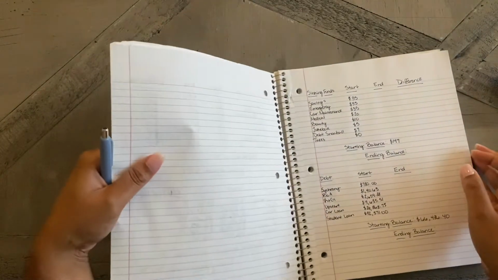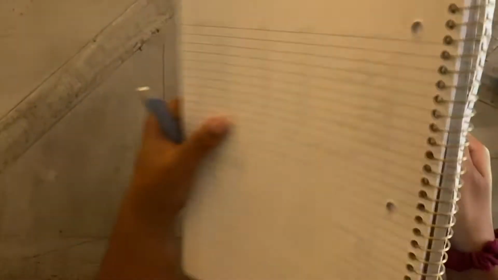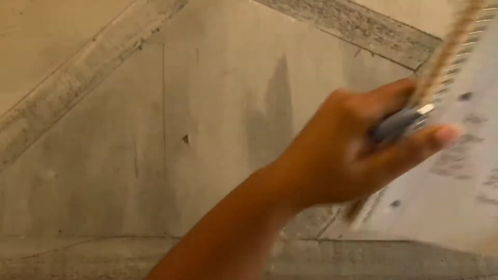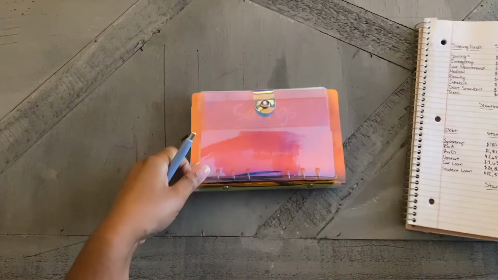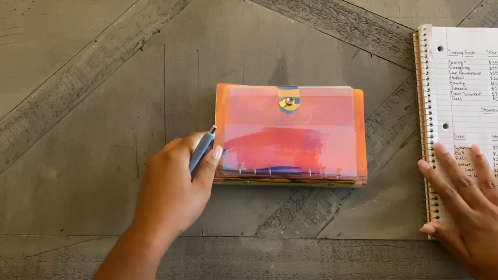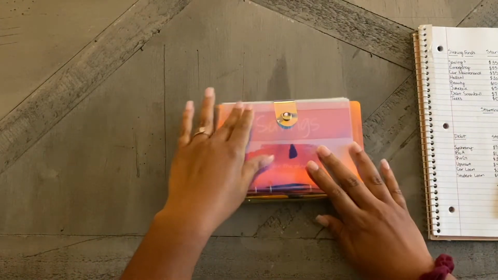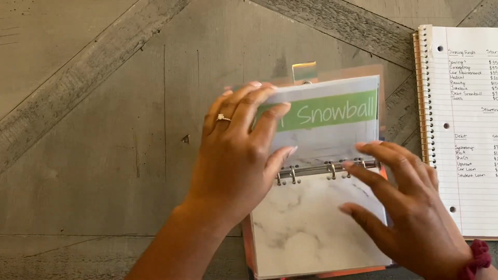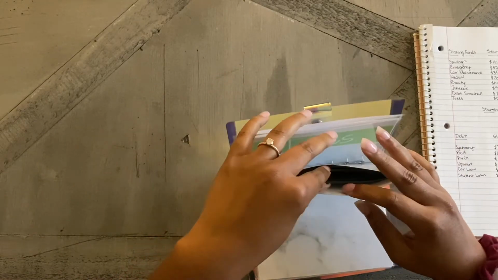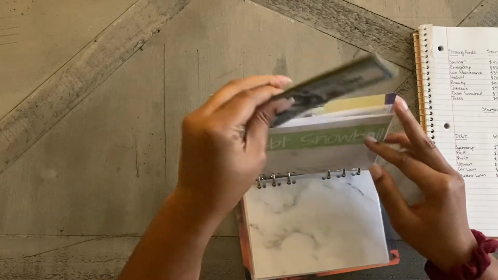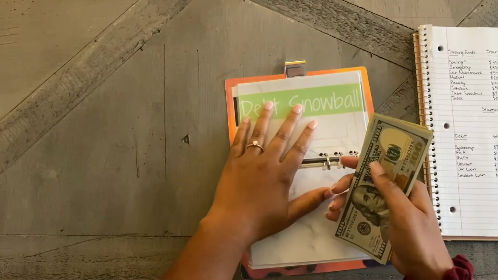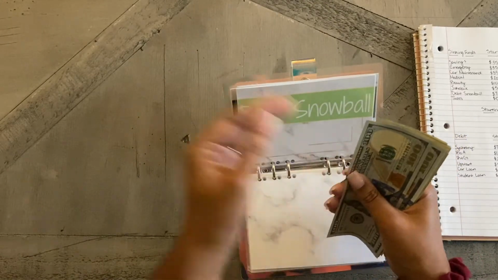Alrighty, so I have set everything up, and I am going to go ahead and start going through my cash envelopes to see what I have. Let me pull out the money I have in debt snowball, because I can start trading out bills if I have any. So what I have in debt snowball is